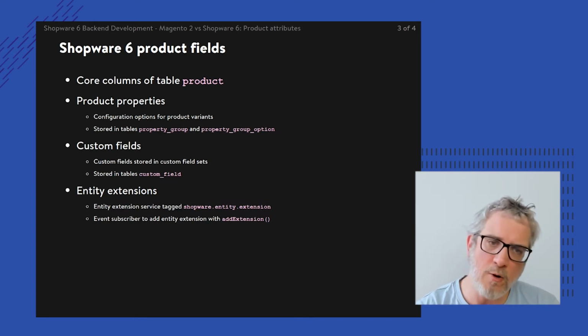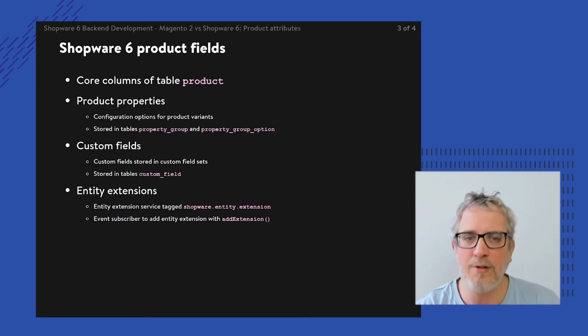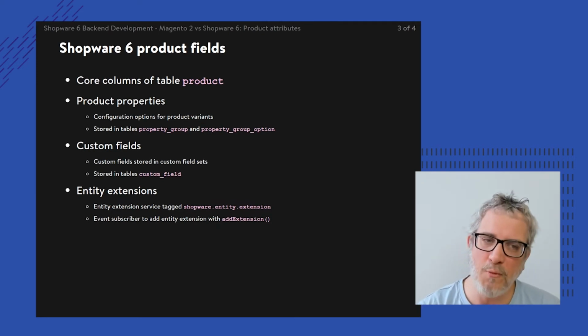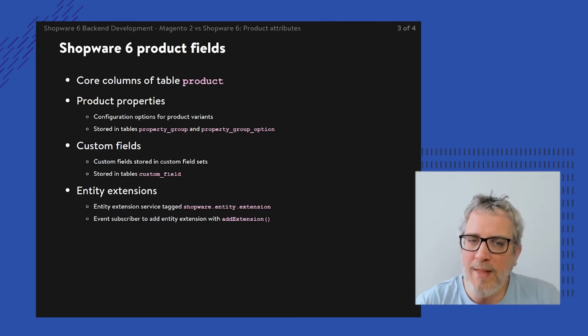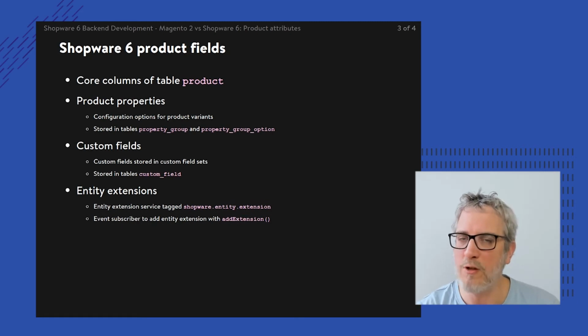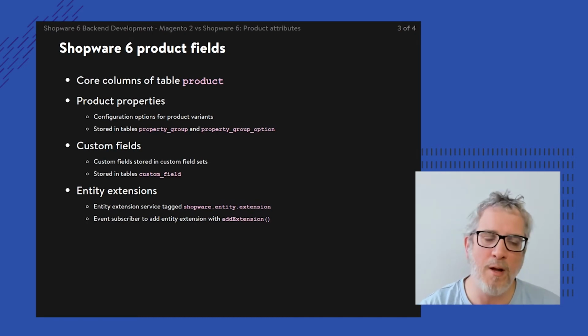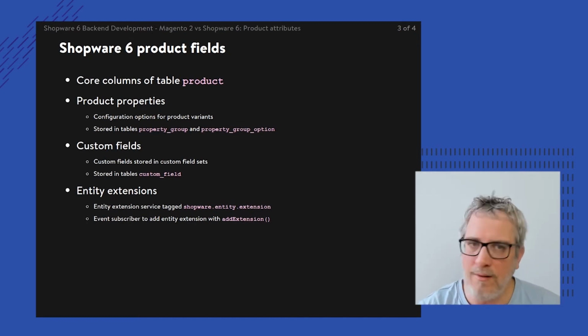And how to do that? Well, you come up with a new service, aka a class. An entity extension class, you tag it in a specific way. You also need to extend upon the right parent class and implement the right methods. So it's a little bit more cumbersome than what you see right here. But basically it's a service that you tag in a certain way. But then that extension still needs to be added on top of the original entity as well. And that's what you normally do by using an event subscriber or event listener. And then you can hook into the product method, add extension, and then the rest of the thing should work.